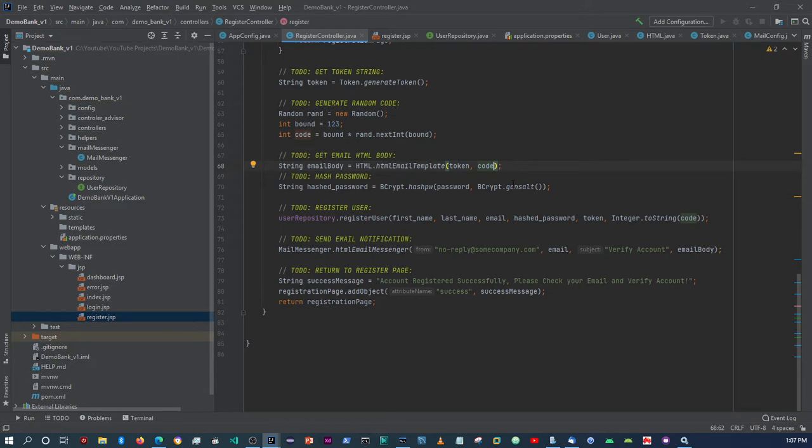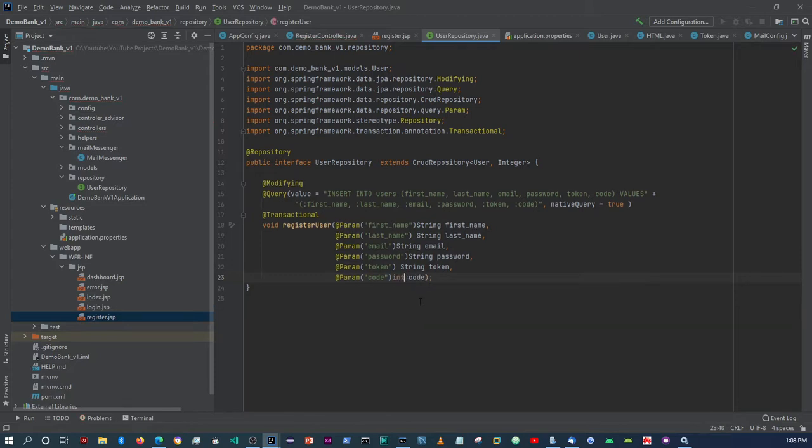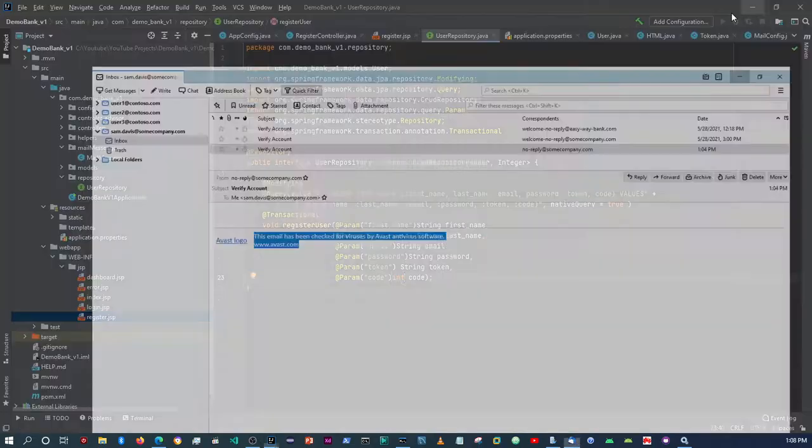Okay. And then we also need to change this here and say code, right? So now obviously it's going to give an issue because on the repository side we set this as a string. So I'm going to change that and say integer. That should rectify it. I don't know if that's the reason why it didn't display anything within here, but the